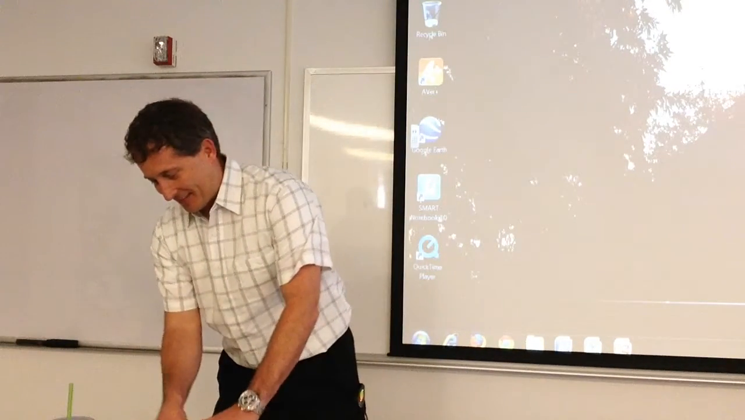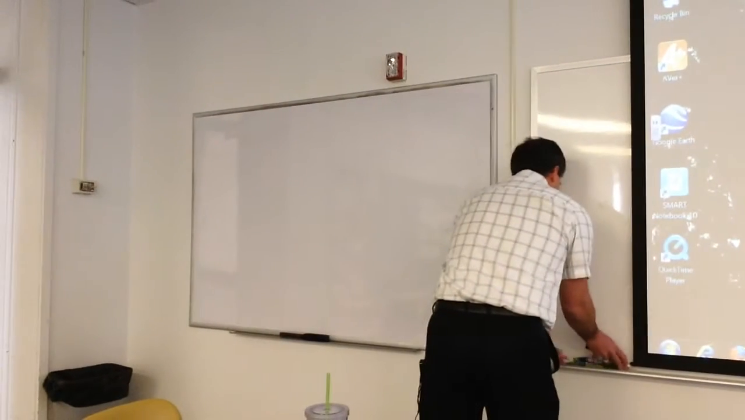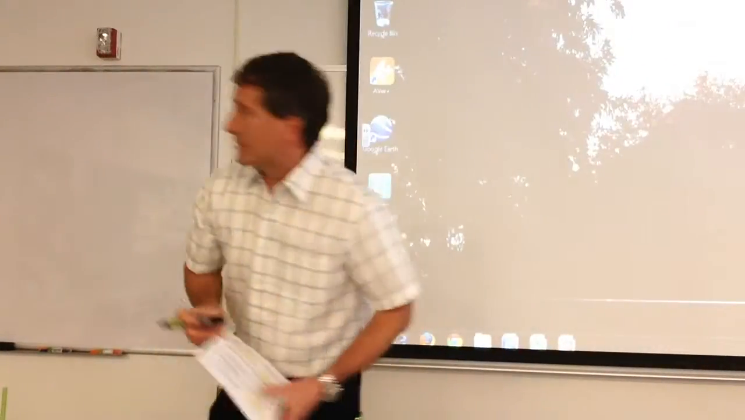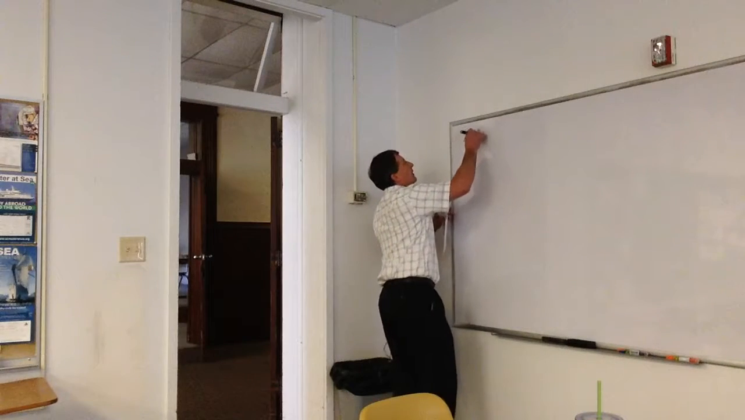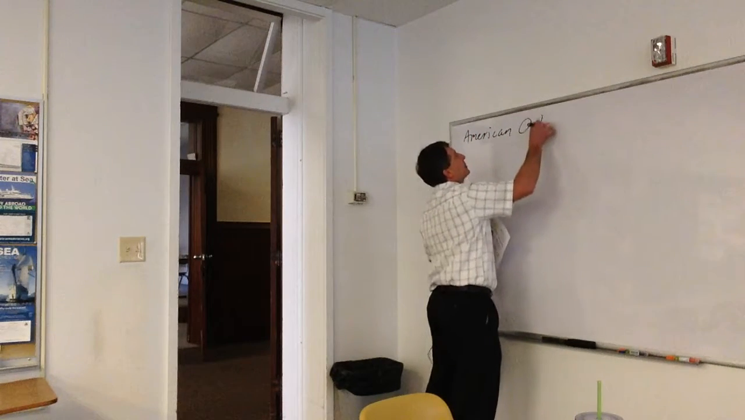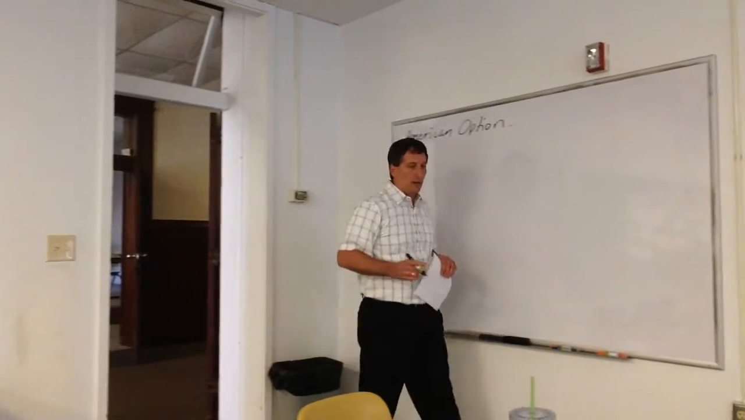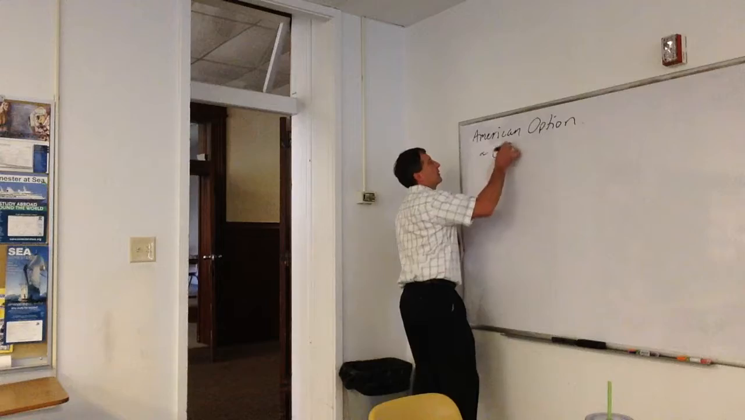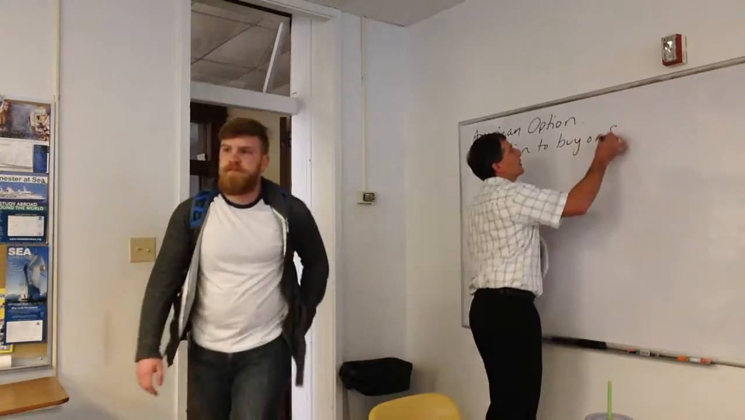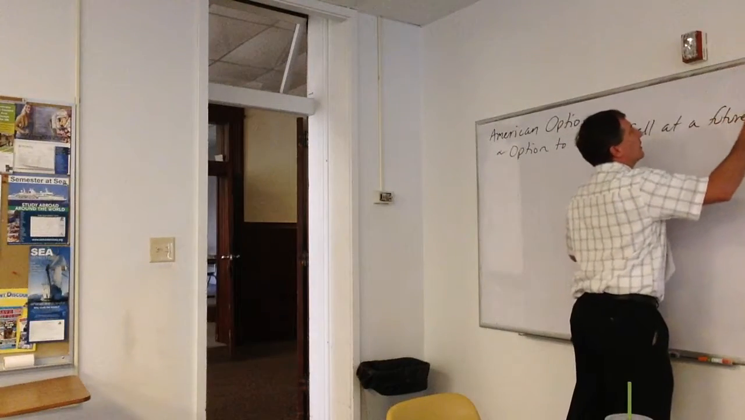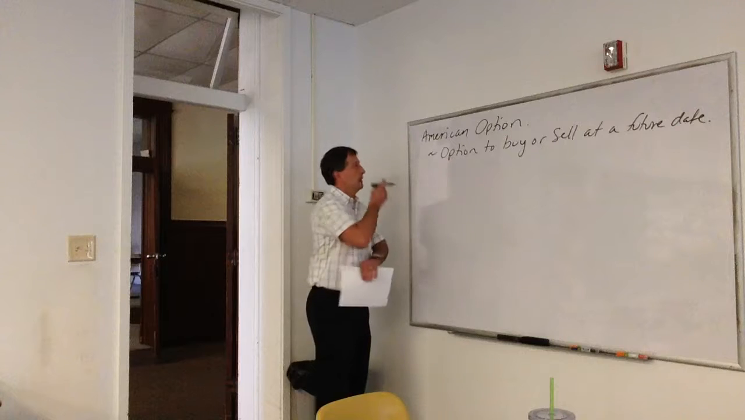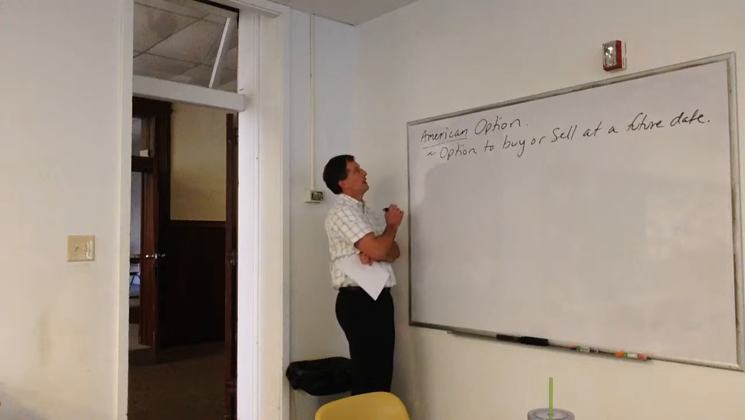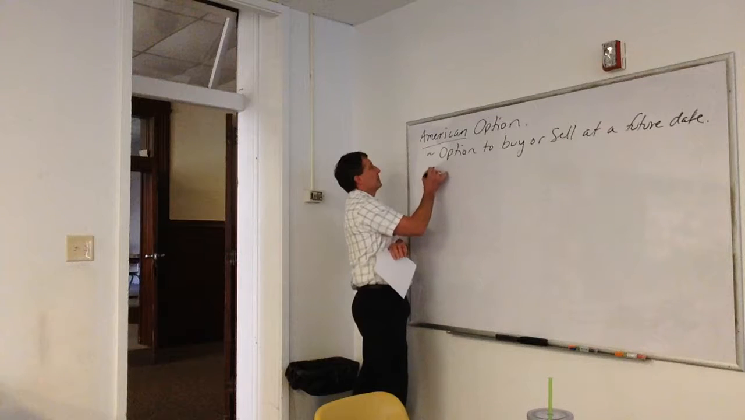So, one of our credit derivative instruments that we mentioned last time is an option. All right, so there are a couple types. One is called the American option. And first of all, the option is an option to buy or sell at a future date in general. And what makes it American is that this can be exercised at any time